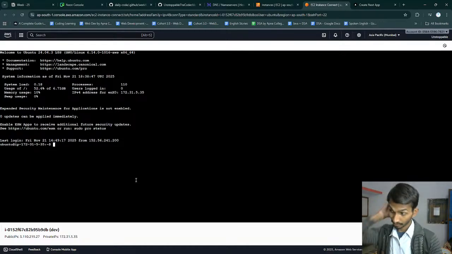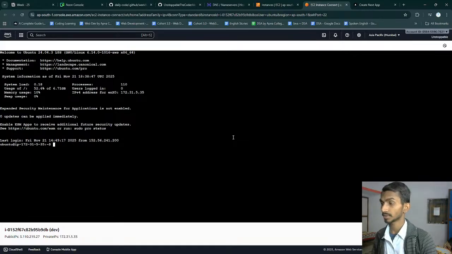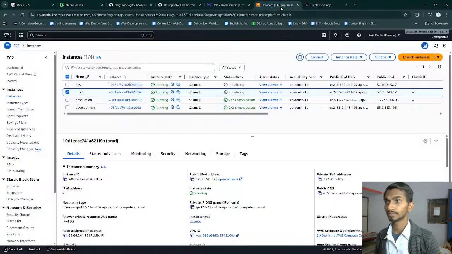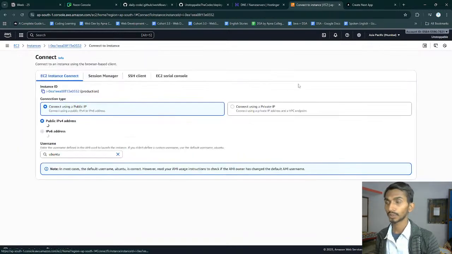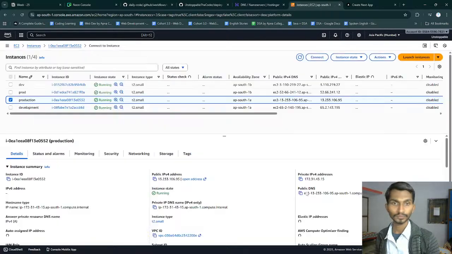This is the dev. I need to go to the front end one. Let's exit this first of all. Production, this is the machine, production machine. I need to connect to this one, connect it.